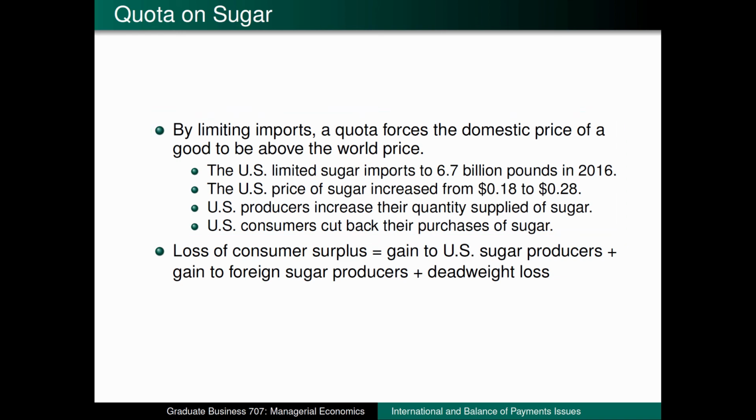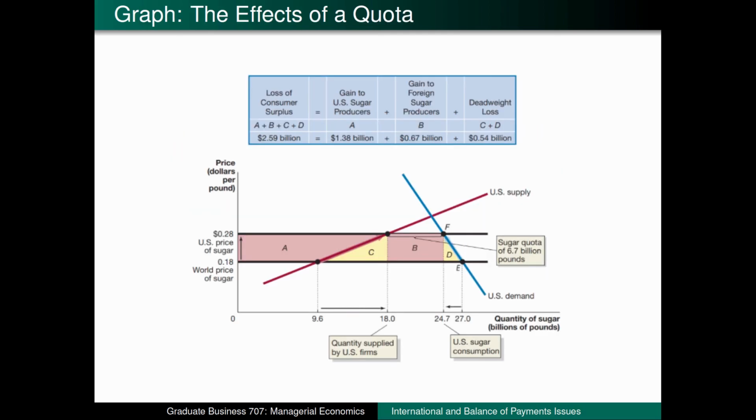We learned that a way to resolve a shortage is by raising price, so a quota will indirectly raise prices. Let's suppose that under free trade, the price of sugar is 18 cents per pound, but now the quota indirectly raised the price of sugar to 28 cents per pound. We can see that the effect of a quota on economic surplus is similar to what we saw in our graph for tariffs. Consumer surplus is lower compared to free trade since consumers hate having to pay a higher price, but this also decreases our quantity demanded due to the law of demand. So there's less consumption and at higher prices, which is definitely not good for consumers.